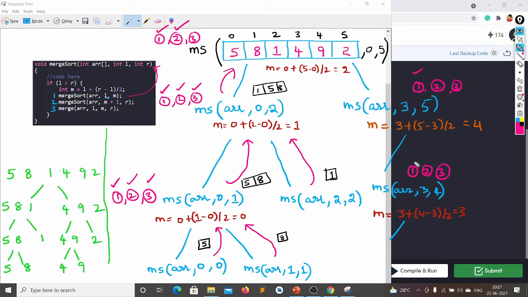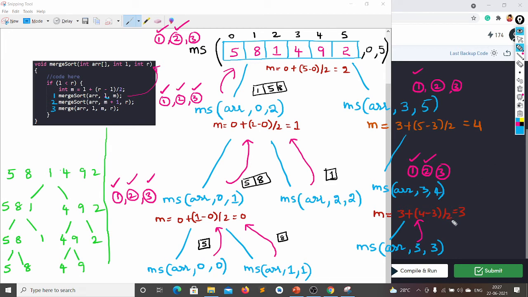Okay, it will call the first thing here. Again merge sort of array comma. What will happen now is array comma L, here L means 3 and mid means M means 3. Now again it will go to the starting position. Here L less than R, but here L is equal to R. Then it will say, okay, there is no use of me, so you can call some other function. Then it will call the other function, the second function.